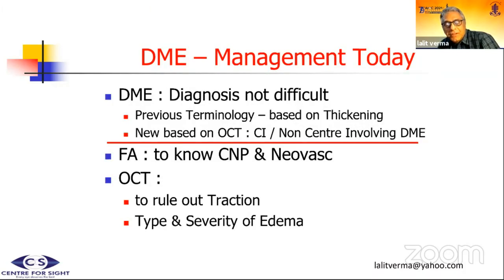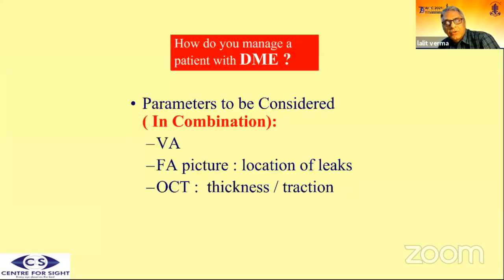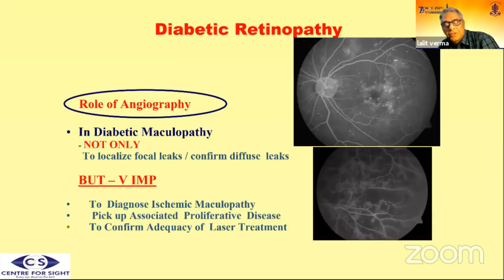So today we all understand that diagnosis is not difficult at all once you are doing photography and all. So my treatment is generally based on a combo picture of visual acuity, FA and OCT. FA and OCT alone should not be interpreted, and like Mahesh was saying, visual acuity, if more than 6/9 or 6/7.5, has to be considered as a central point. So this along with the FA and OCT picture has to be there.